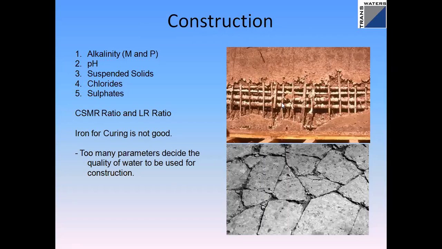If you see the picture here, the cement does not bond to the steel surface. Probably the CSMR ratio is higher, or other contaminants are there in the water during construction. The iron, before 2005, people were saying for concrete mixing, you need iron to be less than 1 ppm. But after 2005, there is a standard saying less than 1 for curing. When you cure the construction, your iron level should be less than 1. However, when you have higher iron, there are patches left on the cement surface when you do curing.